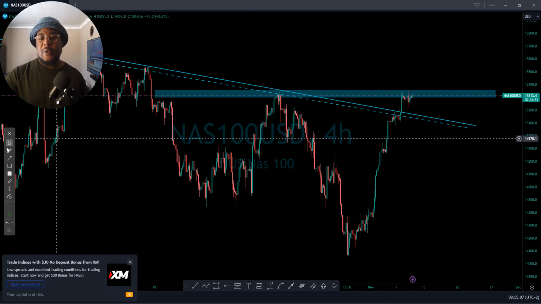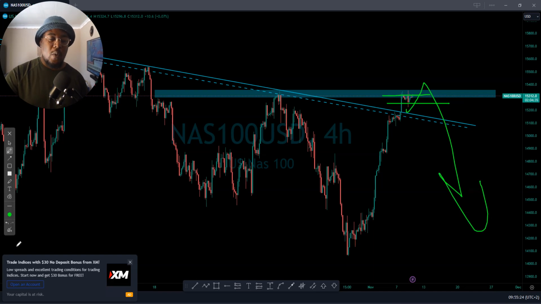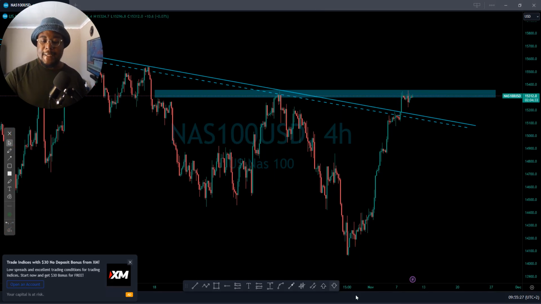But for now, you can see that the market has been consolidating around that area. We also had a trade here, a sell pending order. You can see that the market moved and pushed to the upside, so we are out, but there is a chance that the market can come back and respect this area and push to the lower side. So that is it for today.